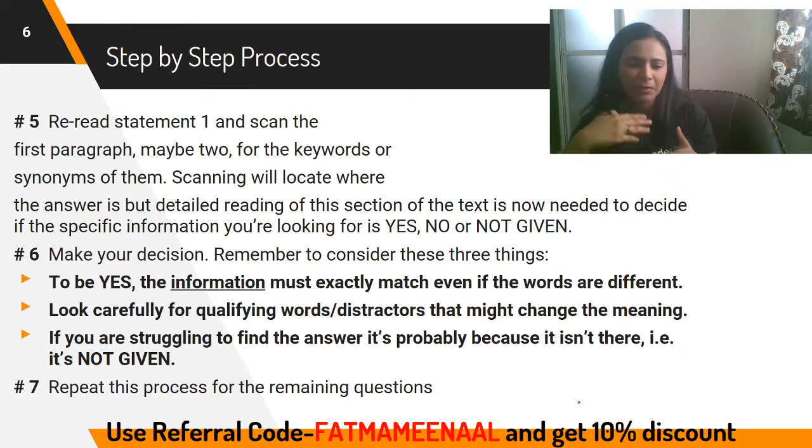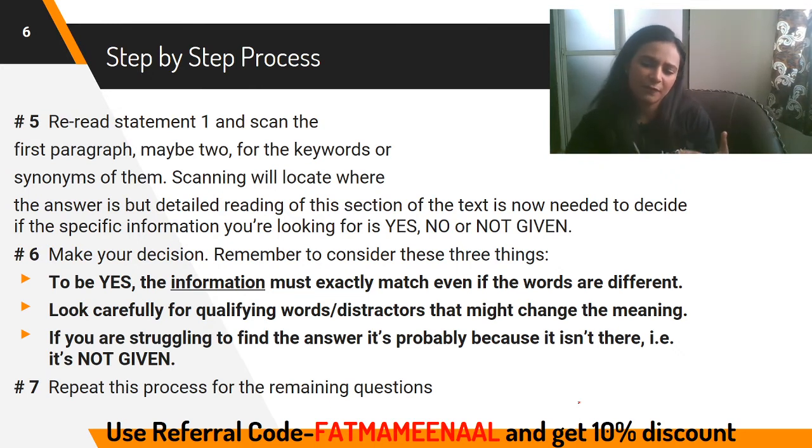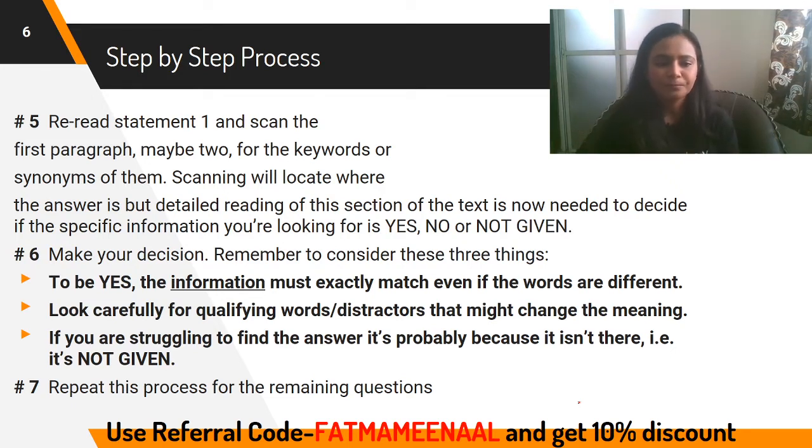You've guessed maybe yes, this word might be put up differently in the passage. You've done all your guesswork, okay? And then after that you go to your passage, right? And step one is to find which paragraph it is, right? You need to then